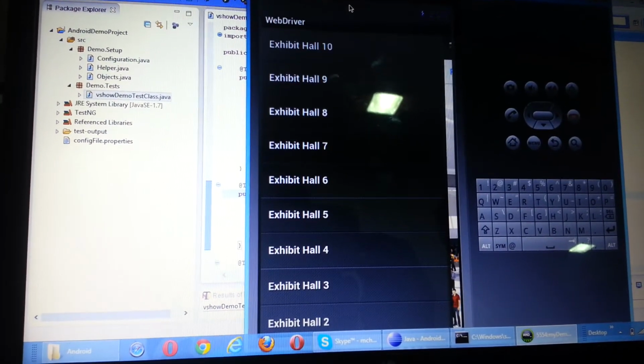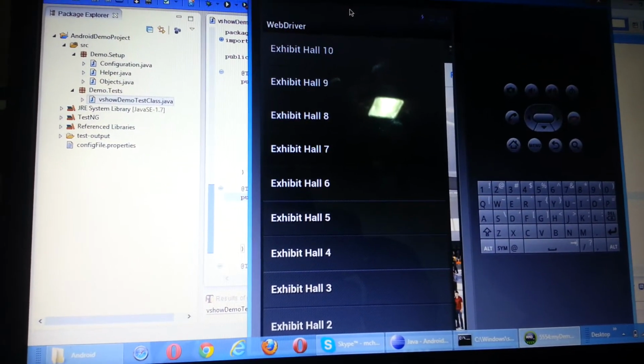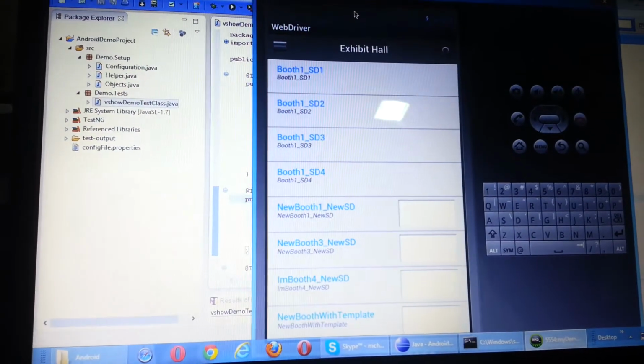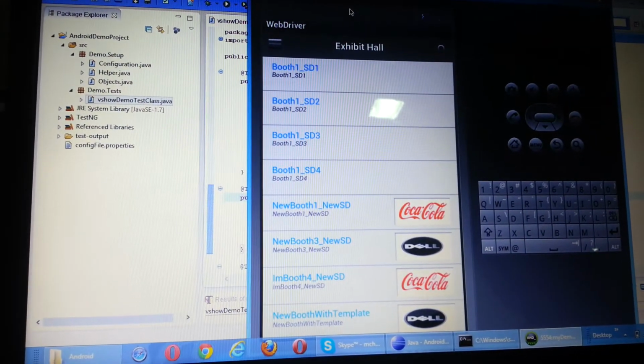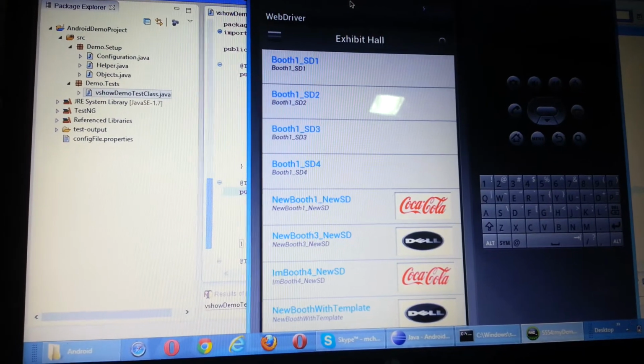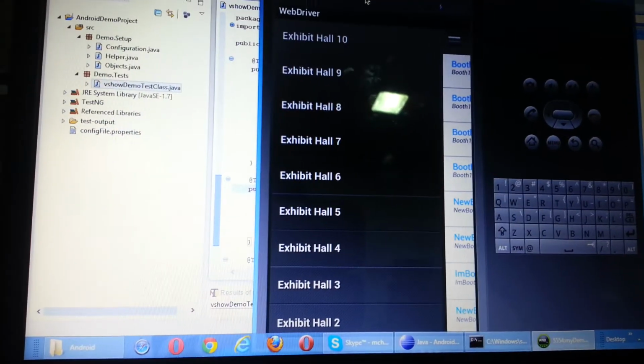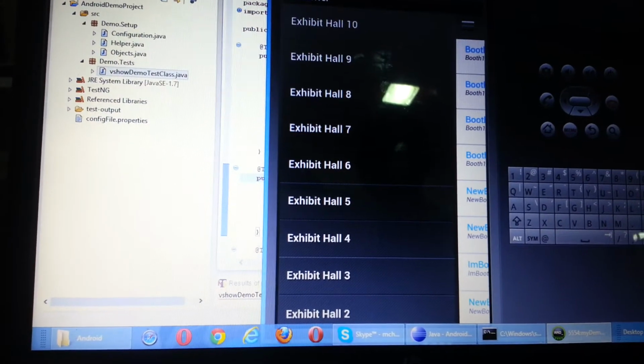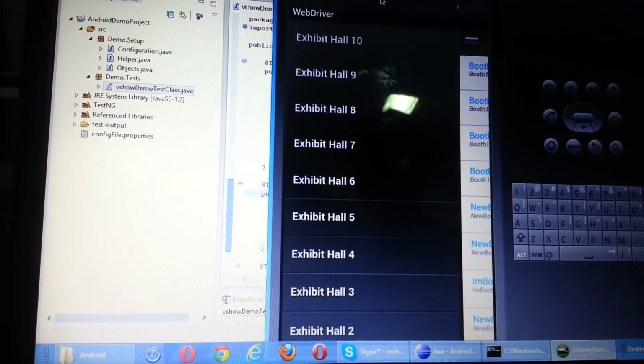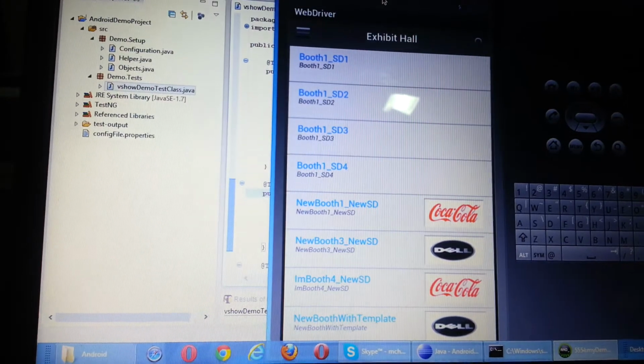Now it will click on different exhibit list items, and it will open the list and verify the booth list. It will repeat the same test for other exhibition halls.